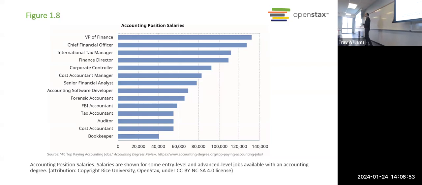And you might be wondering, wait a minute, isn't the CFO above the VP of Finance? Shouldn't it be the other way? Shouldn't the CFO make the most? I think the reason CFO comes in number 2 is because you can have CFOs in large companies and in small companies, whereas typically you only have a VP of Finance in a larger company. In a small company, you have the CFO. You don't need the VP.